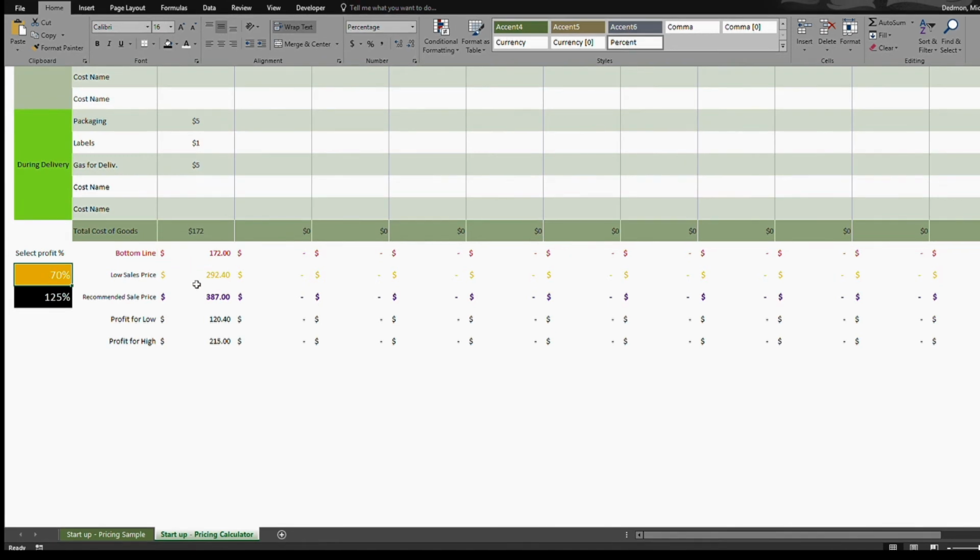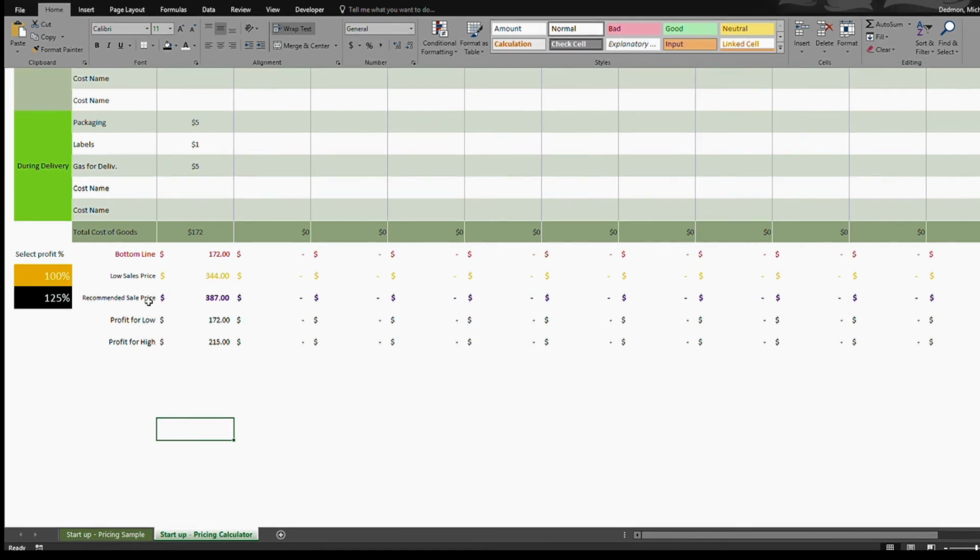So the good thing about this form is you can actually go in and get 2 different prices for this product, and you can do that yourself. You would select the profit percentage. So let's say I wanted 100% profit on this job. This is saying that I would sell the 12 shirts, 1 color, 1 location for $344. That's at 100% profit. That's going to be my low, and this will be my high, right? So this is what I would want it to be a little bit more.